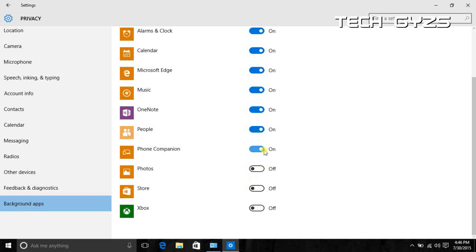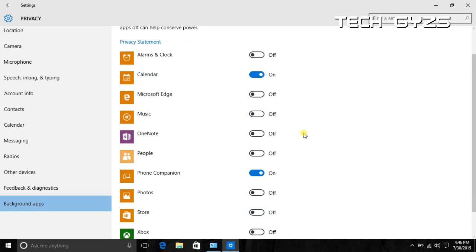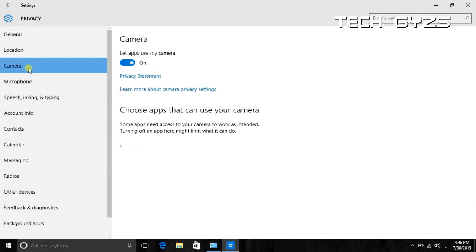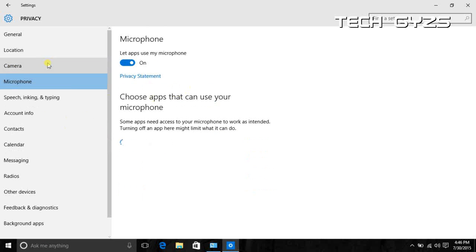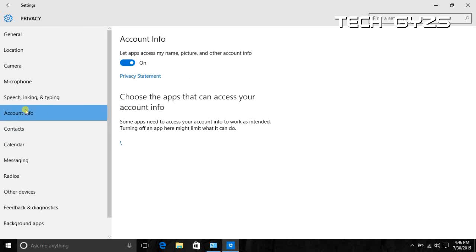Now before giving final words, I want to show you some other background apps that continue running in the background. If you want to close these applications, you can close them from here, on or off. If you leave these applications on, they will consume your RAM and your processor. So just disable these applications and you will find Windows working in a faster manner.